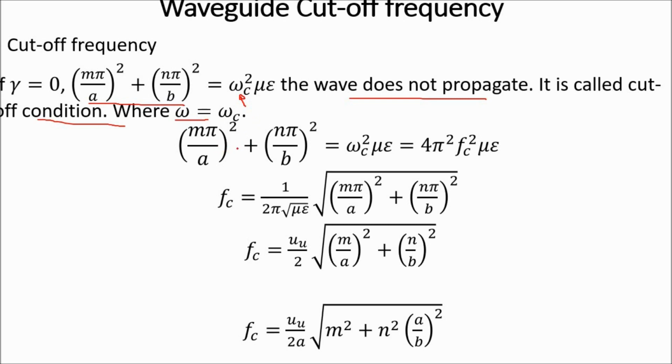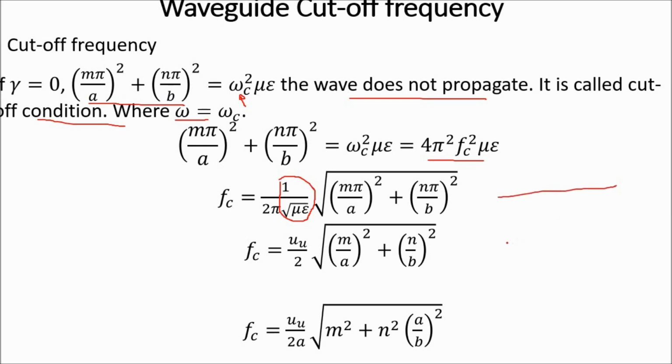Now in this case we can replace omega with 2 pi fc, giving 4 pi squared fc squared mu epsilon. If you solve for fc, it will be 1 over 2 pi times the square root of mu epsilon, times the square root of (m pi over a) squared plus (n pi over b) squared, and 1 over the square root of mu epsilon is the speed of propagation in the dielectric